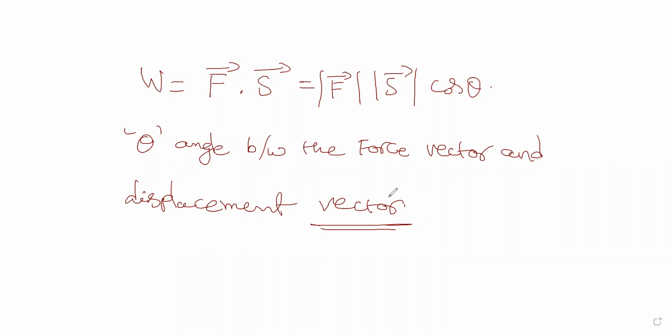Is this clear? Up to 9th, what you have read is that it's simply the product of force and displacement, force and distance, when the force and displacement are at an angle of 0. We'll see different situations today. Hopefully you have written this. What is mod F bar? That is the magnitude of the force, and the magnitude of displacement times cos theta. So how does this come? Let us say there is an object here on a smooth surface.